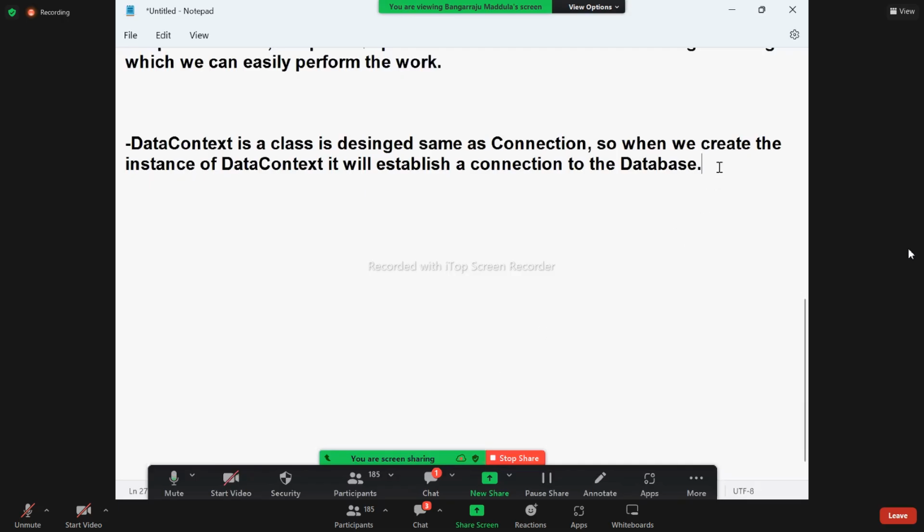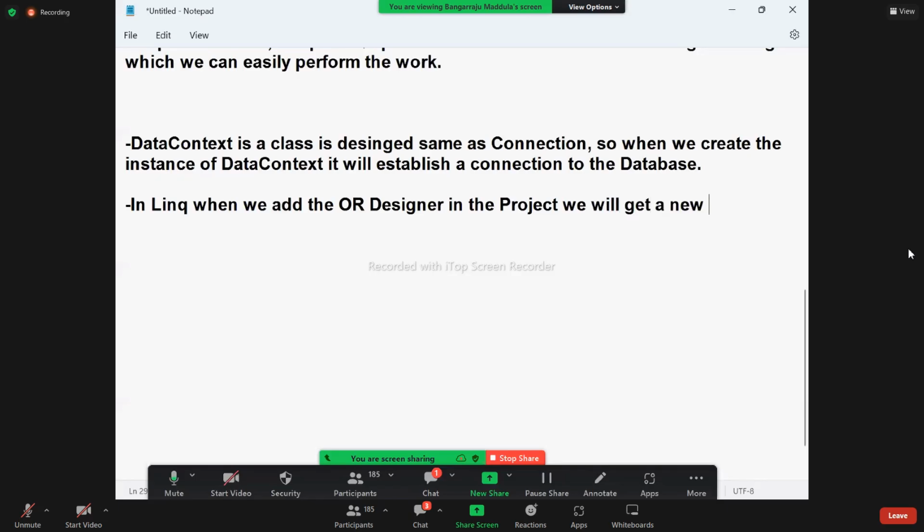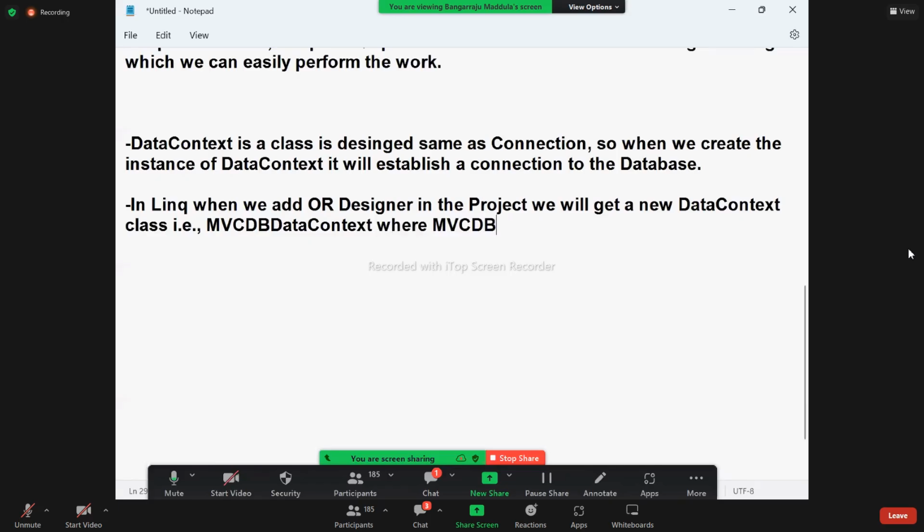In LINQ, when we add the O/R designer to the project, listen, we get a new DataContext class, that is MVCDB DataContext, where MVCDB is our